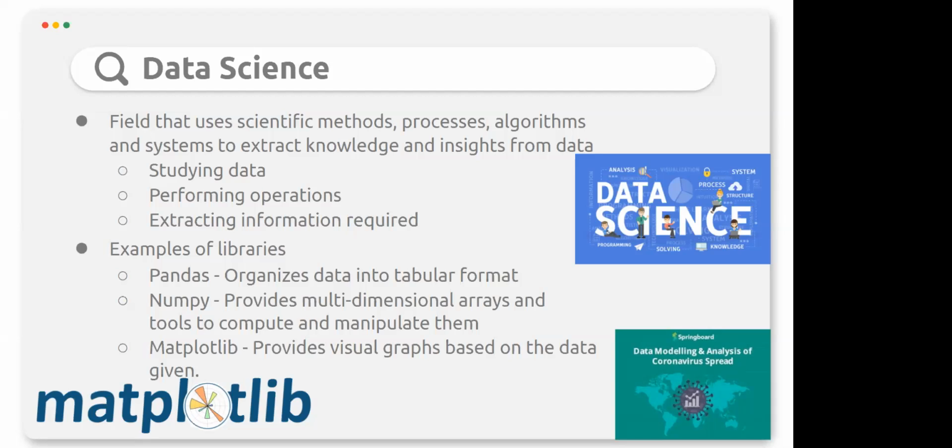Matplotlib provides visual graphs for the data it's given. Visual graphs are basically things like pie charts, linear graphs, and scatter plots. If you don't know what a scatter plot is, it's basically